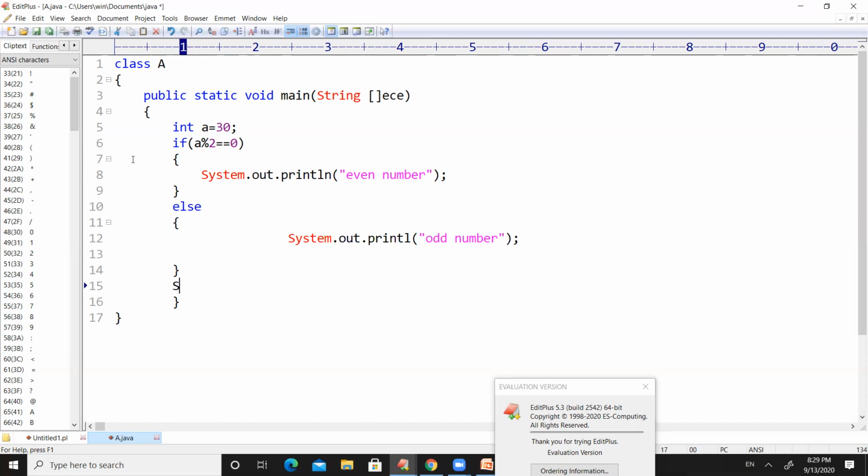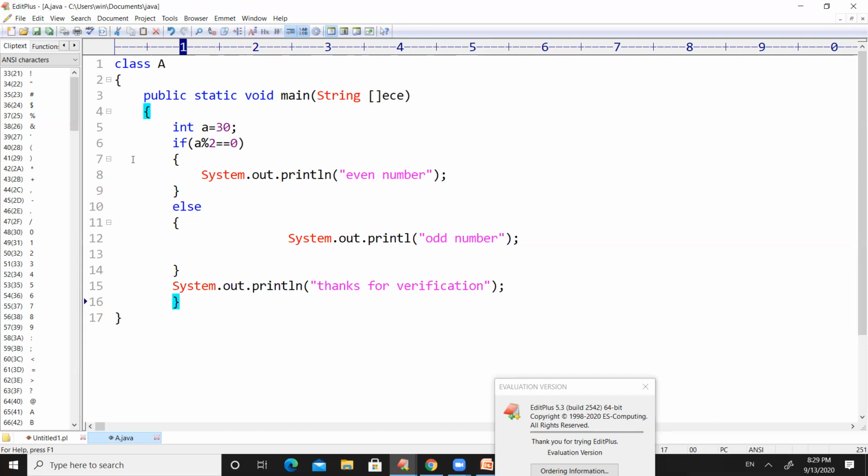And commonly, I want to print one more statement, System.out.println, thanks for verification.